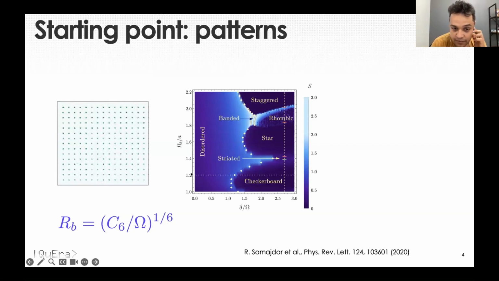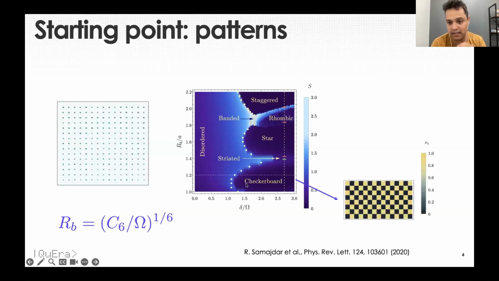And what you see is lobes here that have names: the checkerboard, the star, the staggered. What does this mean? This refers to the patterns that we are seeing of atoms being excited to the Rydberg state or not, in the presence of their neighbors. So here what I'm saying is that if the interaction distance is around one lattice constant, so this atom, the one on the left, sees the one on the right or on the bottom,